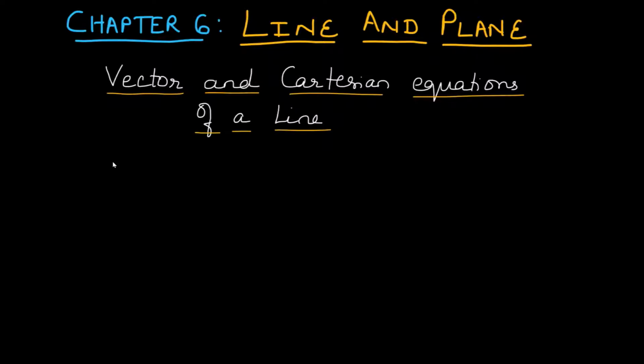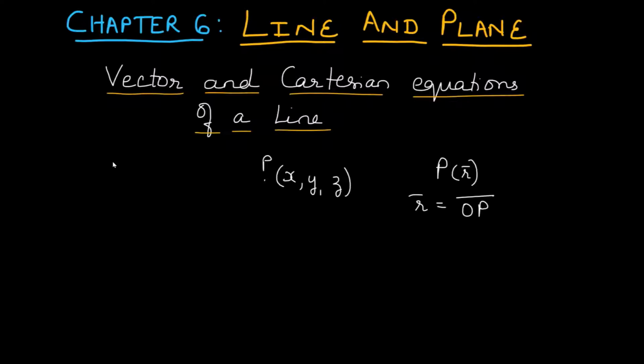Now consider P as a point in space. Now P can be represented by its Cartesian coordinates, that is x, y, z. These are called the Cartesian coordinates of P. Or P can also be represented by its position vector, say r bar, where r bar is equal to OP bar, where O is the origin. Now suppose we have a line passing through P.